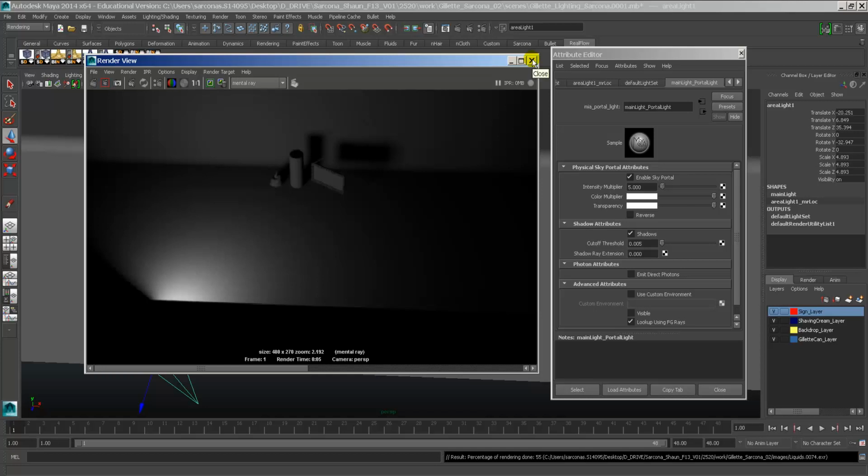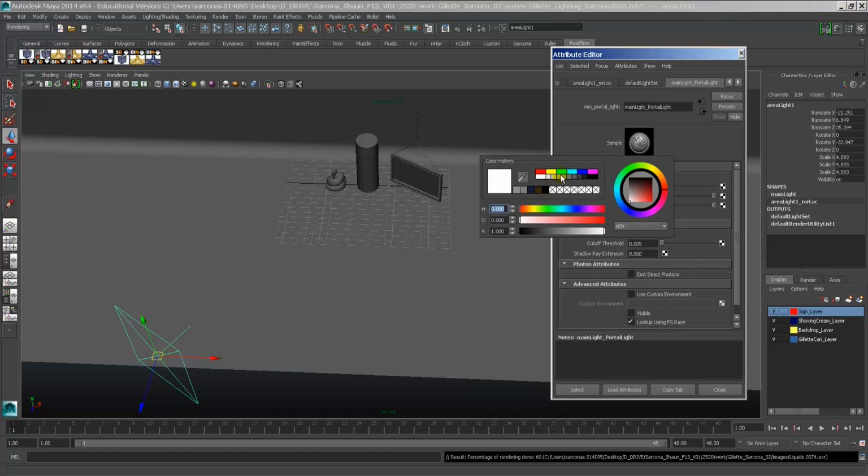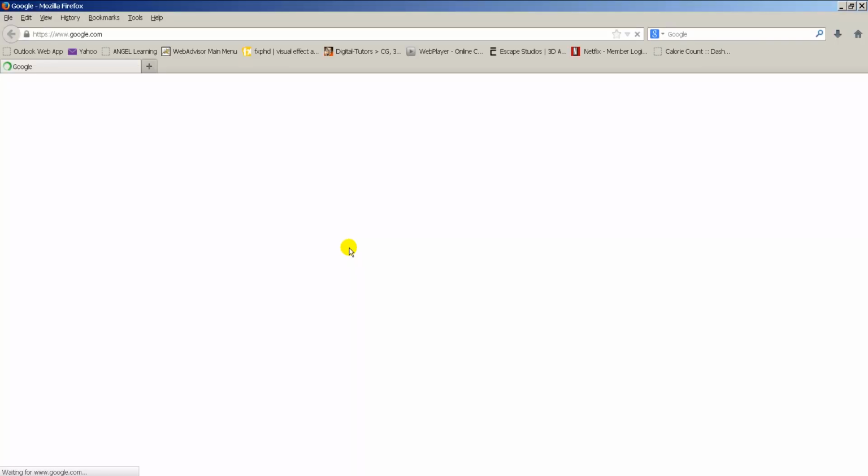Alright, so that's pretty good for that. I'm going to do another thing here. This color multiplier here is basically what color this light is going to be. So what I'm going to do is, if we look at the internet,